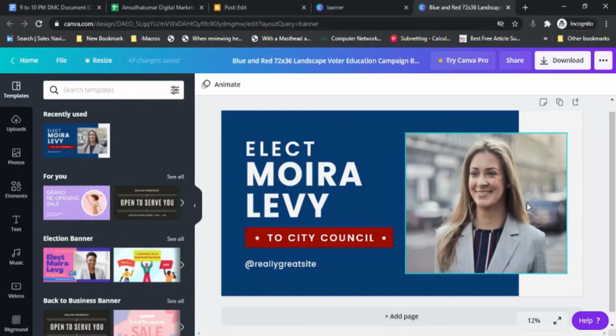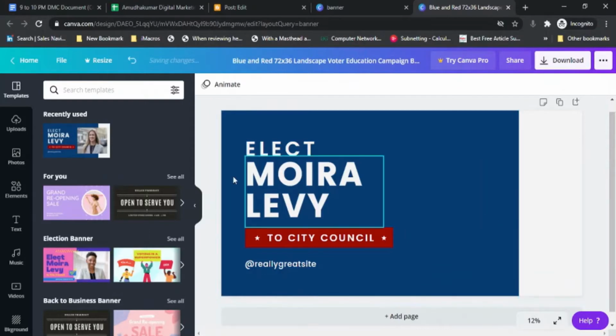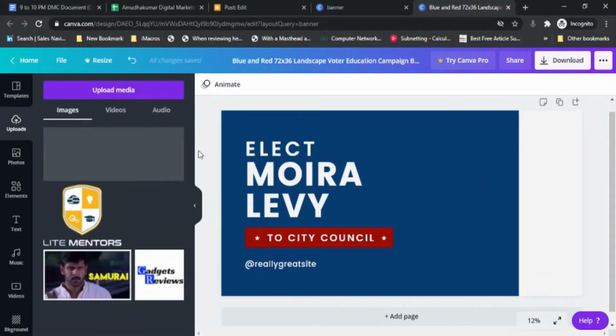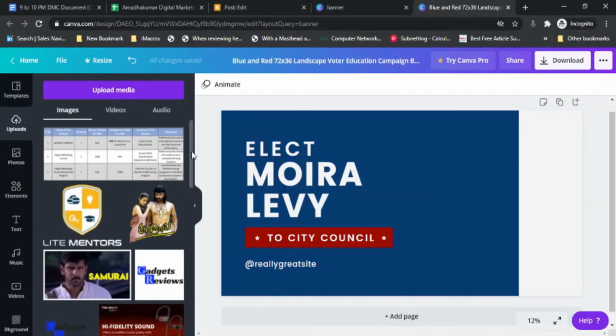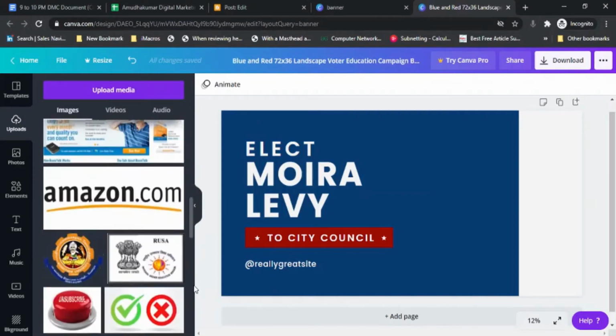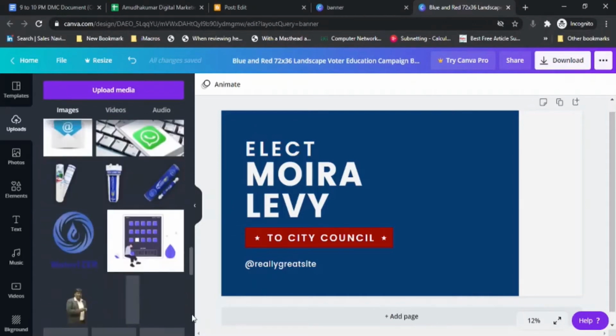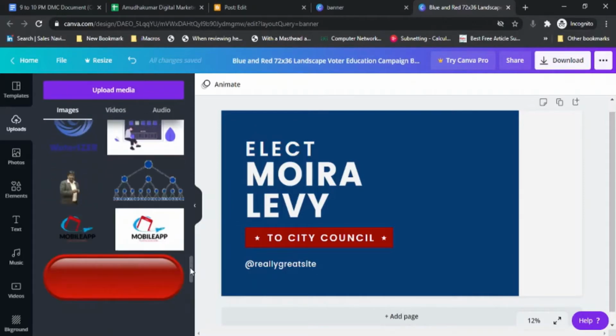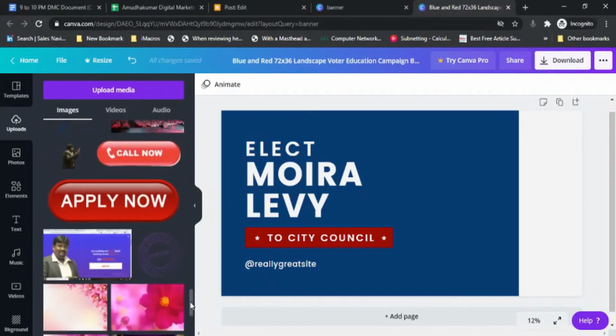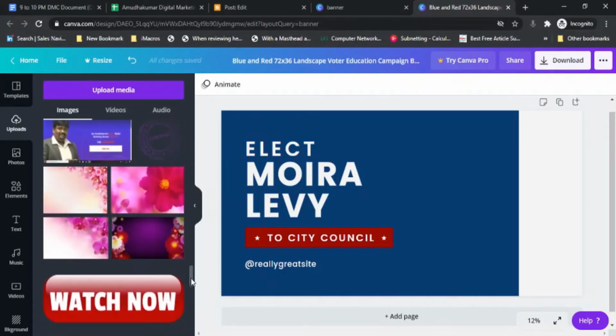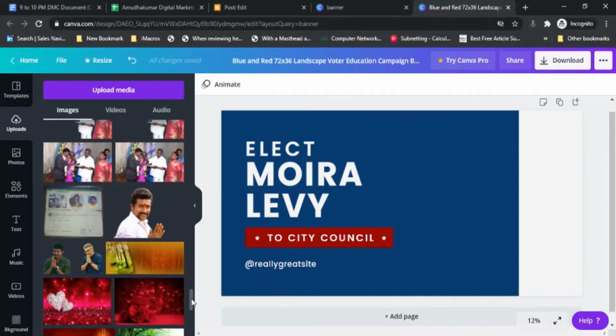I am going to choose this particular image, because my website's background is blue in color, and this image's background is also blue in color. There is an image like this; I'm going to remove this image and upload the image which I have already added, preferably my own branding image which I have inside. Once I have uploaded, it will be available inside, and I can use that particular image.